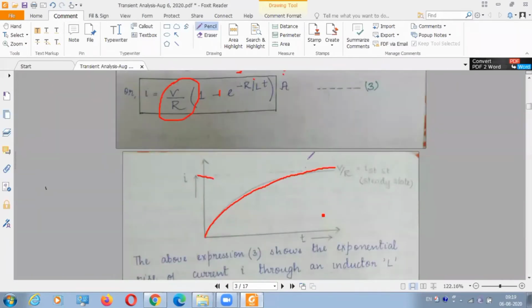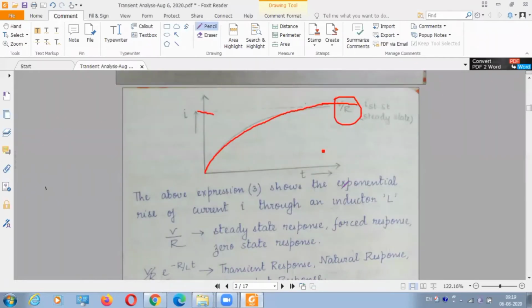So it has reached the maximum or steady state value, that is V by R. So my current has reached a state which is V by R, that is the maximum value. So the inductor is basically a short circuit, and you will get the current I equal to V by R. And since the inductor doesn't allow a change in current for a small amount of time, it will hold the same current, or it will pass the same amount of current through it.